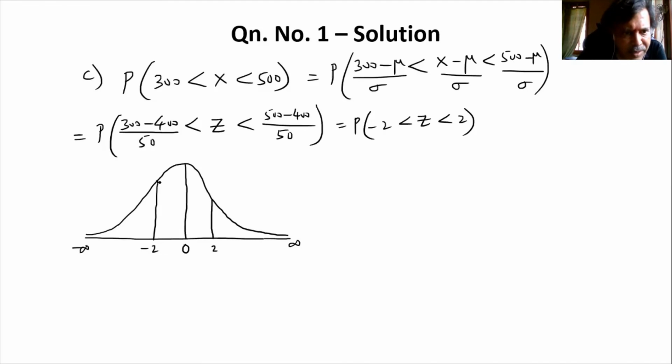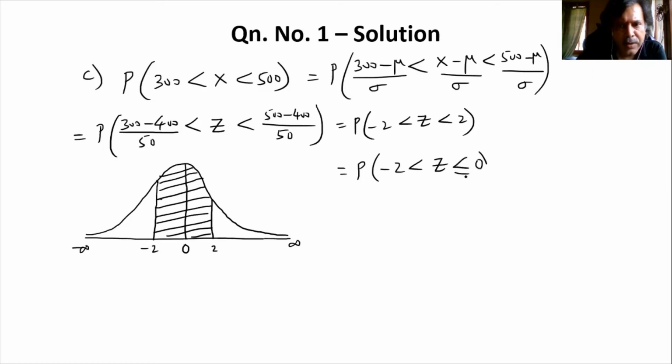We are interested in this particular area, wherever negative 2 and 2 is there. So how do I split it? I can very well split it as the probability of negative 2 less than Z less than or equal to 0, plus the probability of 0 less than Z